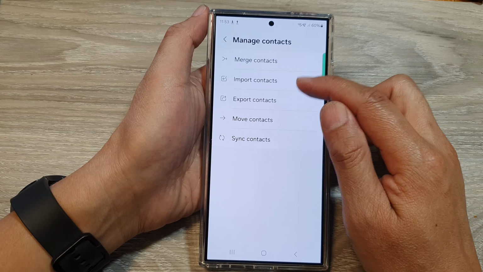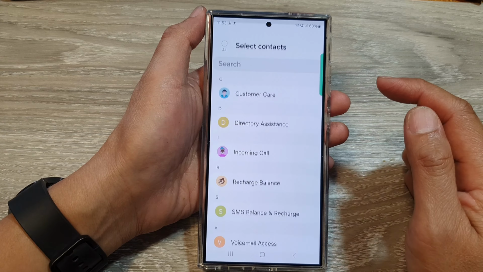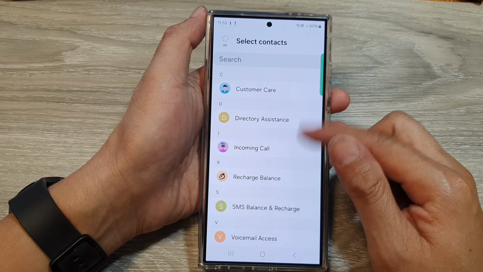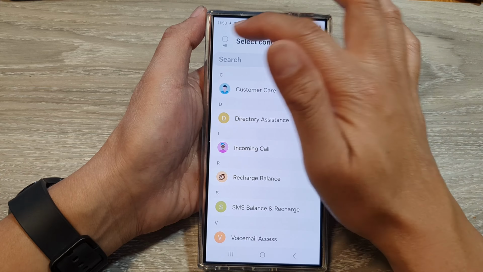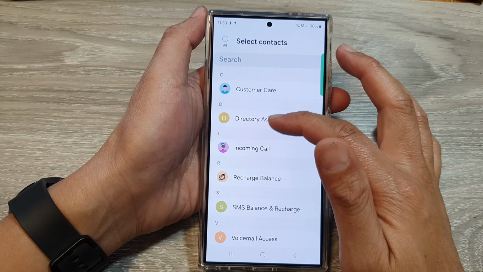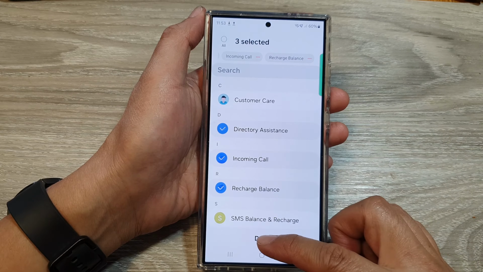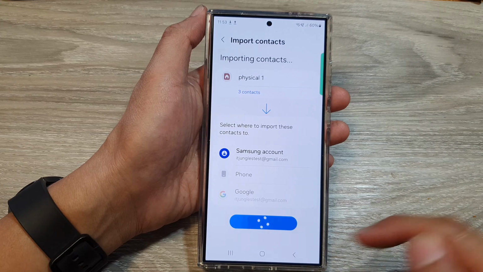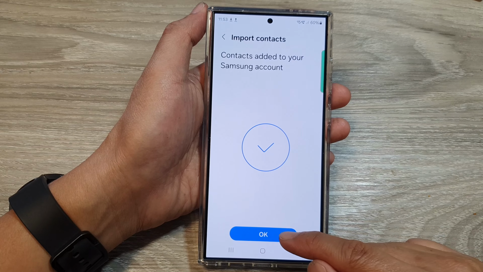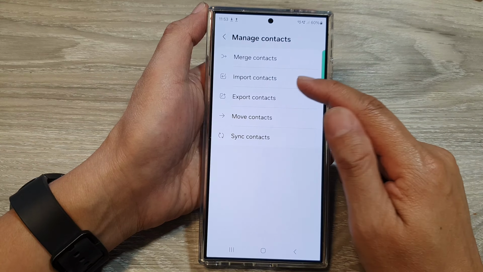So again, if I tap on import and then tap on physical SIM, physical one, these are contacts stored on a SIM card. I can select all, or I can select certain contacts that I want to import over, then tap on done. And that's it. So we can now select an account to import it to. I can import it to the Samsung account and then tap on import. So as you can see, we can import contacts from a phone, from a SIM card, or from a cloud